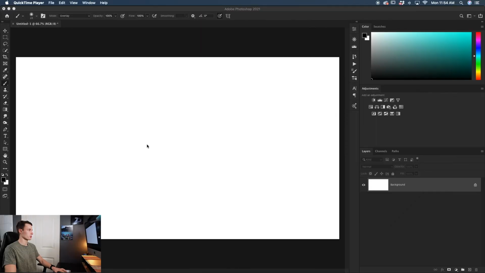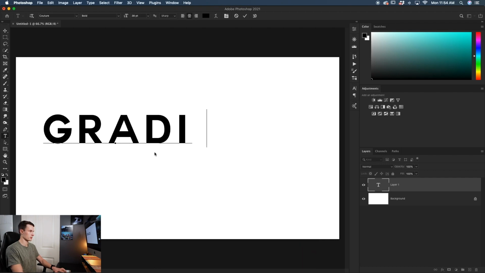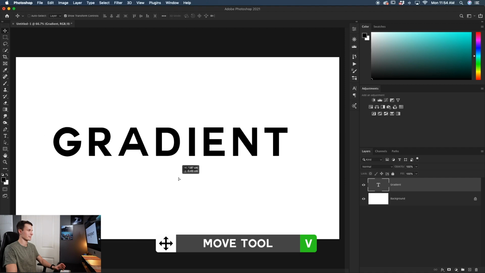So the first thing that we will do is create a text layer, because of course we need to make some text to create a gradient. So I'll grab my text tool by clicking there, and I'll add some text to my image. In this case, I'll just call it gradient. I'll press the checkbox to commit to that, and then I'll just reposition this so I can see it nicely